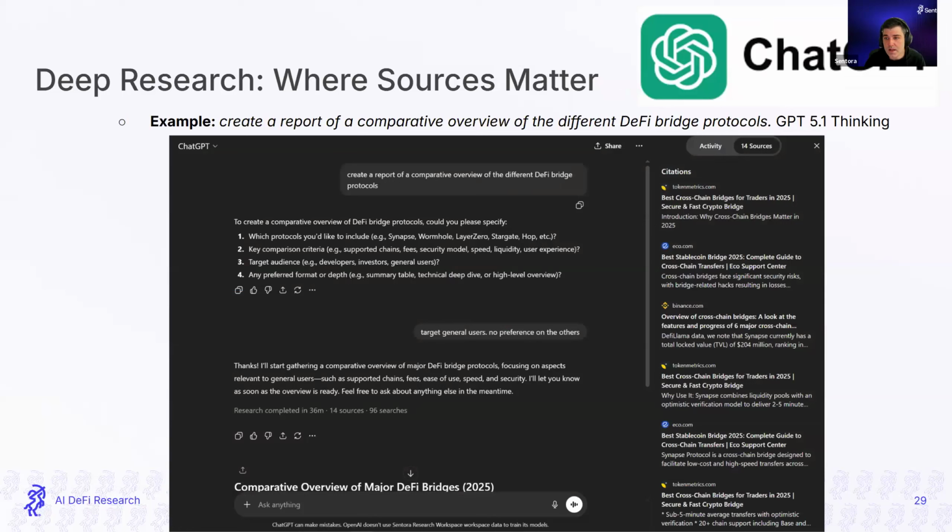For a comparison, I just added the same with GPT 5.1 thinking, and oddly, in this case, it just picked up about 14 sources. We can see how many of these sources were news articles, which is not ideal. It's true that it took about 36 minutes. Probably it's because I picked the thinking model since it's superior, but it's a very slow model, right? So if we don't pick thinking, probably we are looking at about the same time as Claude, maybe a little bit more. In some cases, you might see that it picks more sources, but in this case, Claude was clearly the winner.